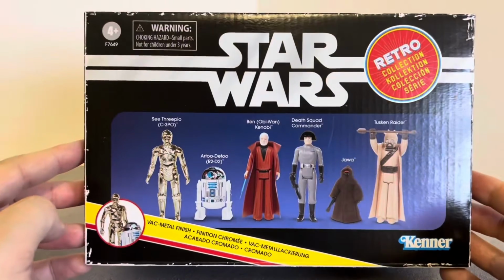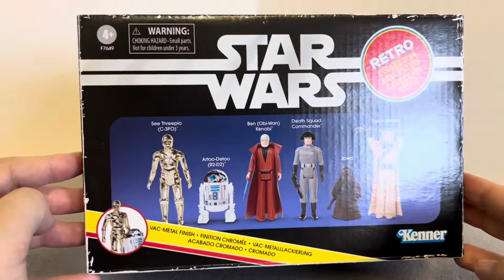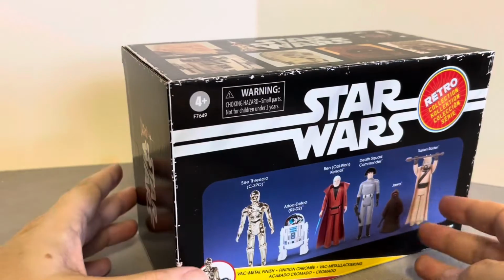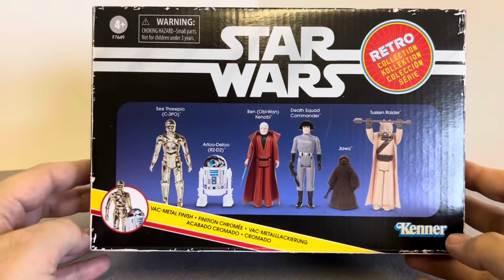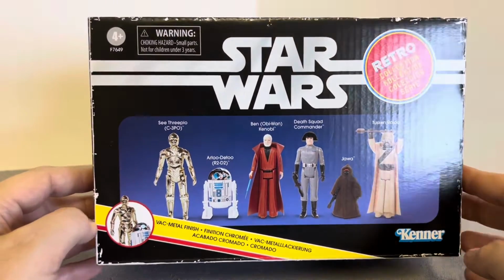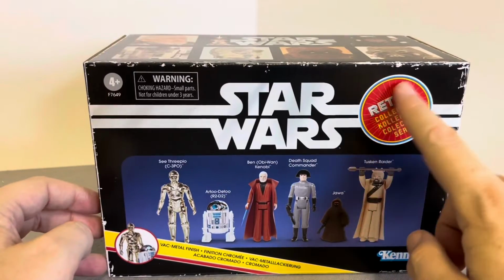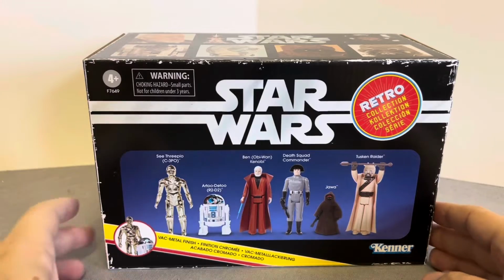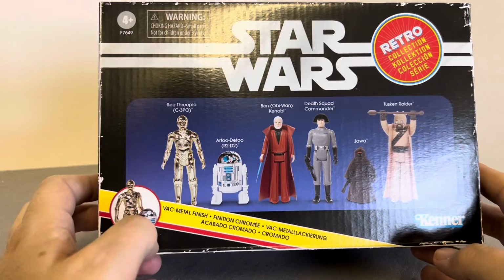So anyway, here is the packaging. This is fairly new, and it's based on the packaging when they re-released the first 6 figures in a box like this, which they did late last year for those who missed out on the original initial release in 2019. Obviously it has the retro collection sticker. You've got the figures there, and they make a selling point of the fact that 3PO and R2 have the VAC